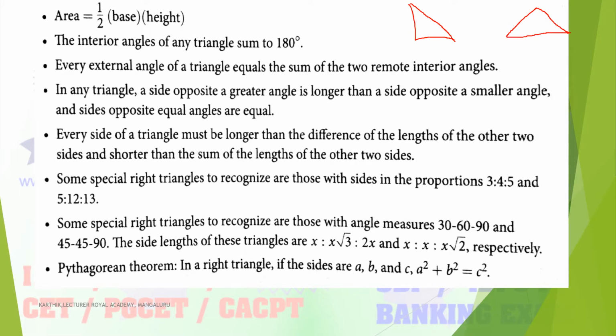An equilateral triangle is one where all angles are equal. So what is the total angle of a triangle? There are three sides, each is 60, so that is 3 into 60, which is 180 degrees. 180 degrees is the total angle of a triangle. So in an equilateral triangle, all sides are equal, so all angles are 60. That is called an equilateral triangle.